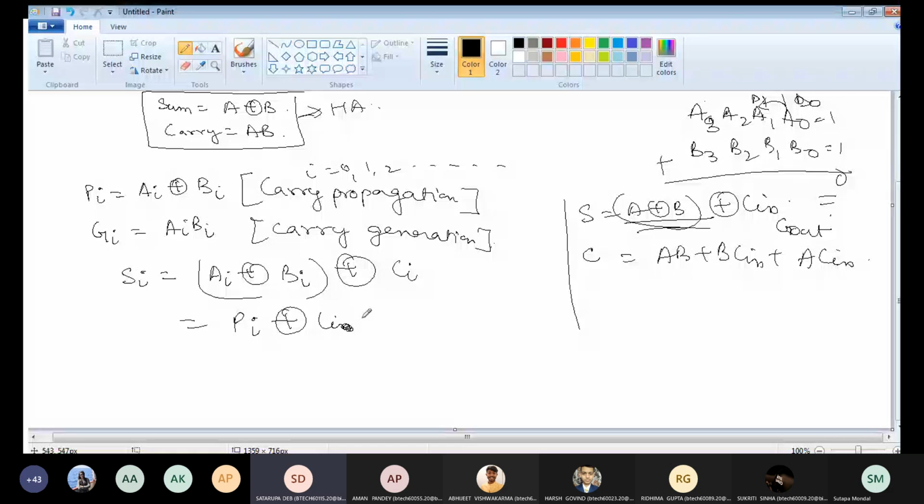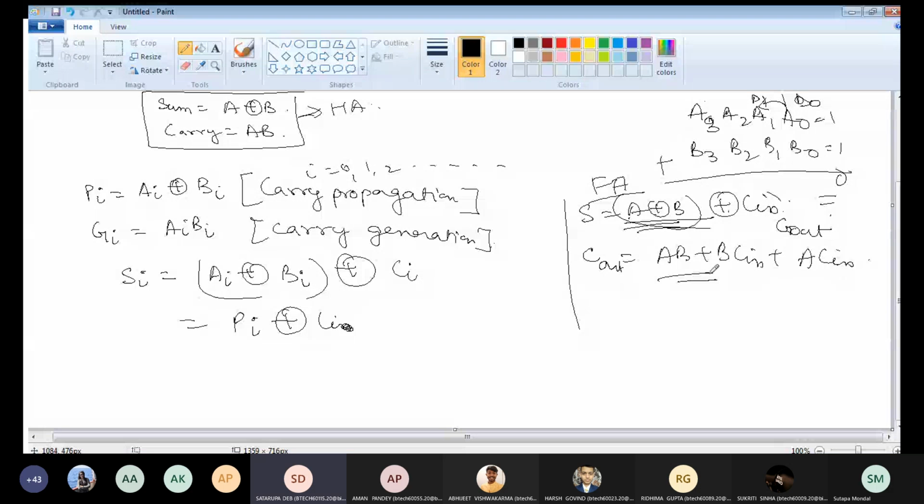Yes, ma'am. Ma'am, can you please repeat? Yes. So whenever we are talking about the full adder, dear, it is A XOR B XOR C in. This C in is the carry input. Is it clear? Yes, ma'am. Okay. And what was the carry out? Carry out was AB plus B C in plus A C in. Is it clear? Yes, ma'am. So when I write in terms of i, that means in a full adder we know we are taking 3 bits, that is A, B and C in.